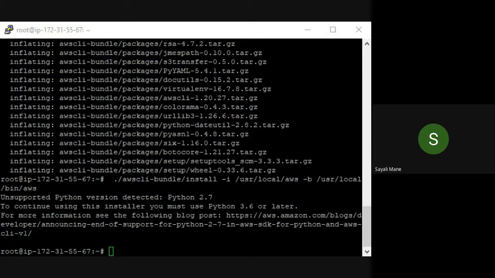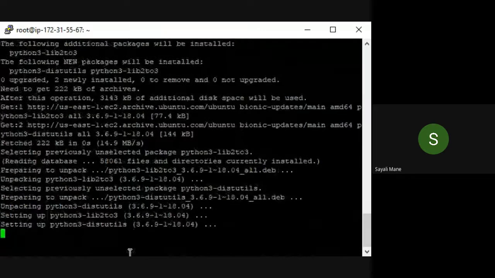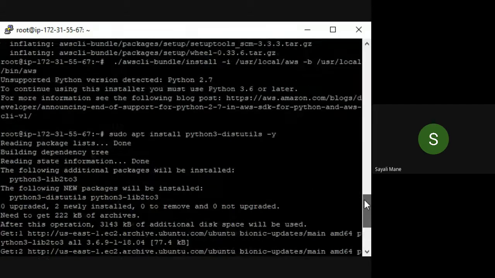So please type this command. This one, Python 3, the latest Python.